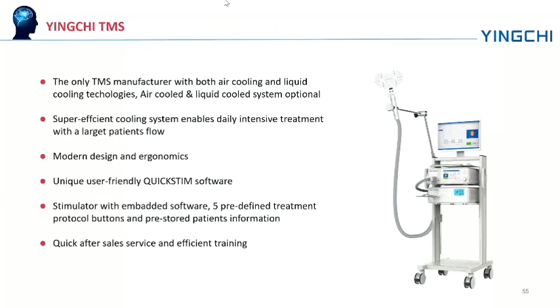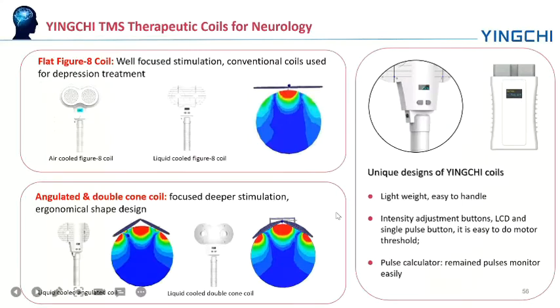And as for the coil, we also have many unique designs. First, the coil needs to be lightweight, so it is easy for the patients and for the doctors to handle and to apply on the patient's head. As you can see here is the LCD screen, and it has intensity adjustment buttons, so it is easier for doctors to test or measure the motor threshold. It also has a pulse calculator, and it can monitor the remaining pulses and guarantee the lifespan of